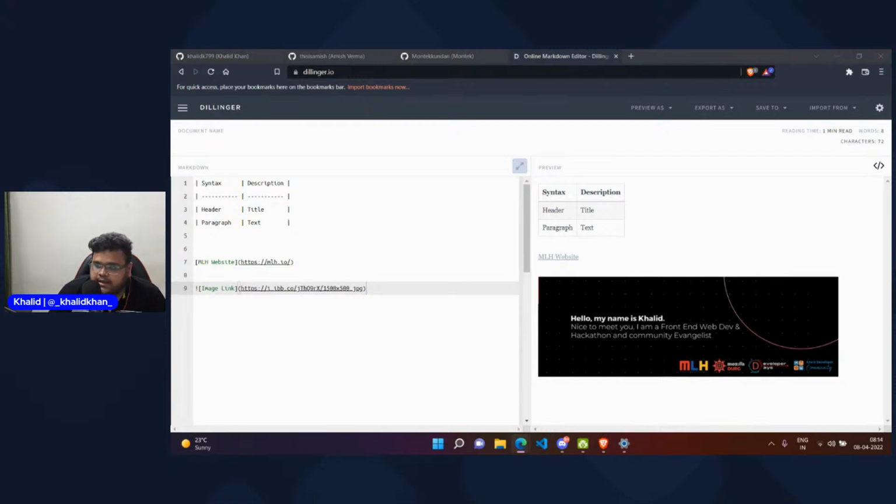So I guess this is something we have done. This is the basic syntax of Markdown. There's also an extended syntax of Markdown. I'll share the link of the Markdown documentation as well. If you want to check how Markdown works and what are the different things you can do, you can go to markdownguide.org. It's the documentation for Markdown.